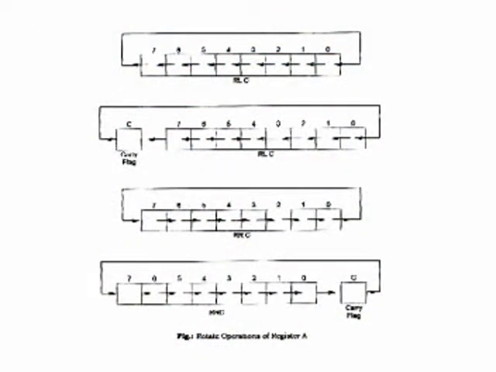The last one is called the implicit addressing, which is concerned with the accumulator only. For example, rotate left accumulator, rotate right accumulator, and so on. You can see in the last figure how data is rotated in the accumulator, either through the 8 bits or through 9 bits including the carry. Rotate left and rotate right. There are 4 types of rotate instructions which are concerned with the accumulator only, and that is why this type of addressing mode is called implicit addressing.